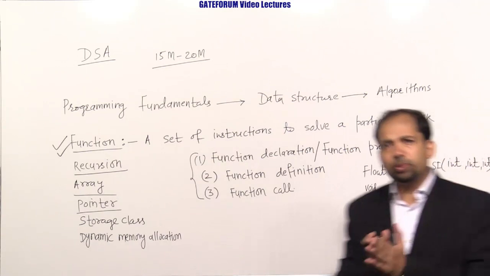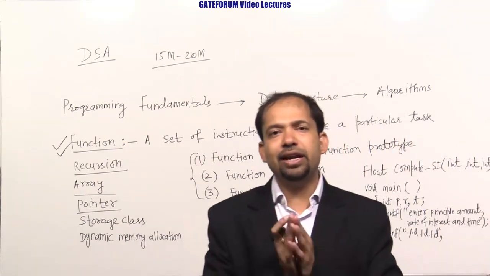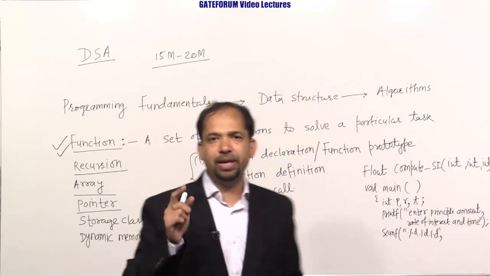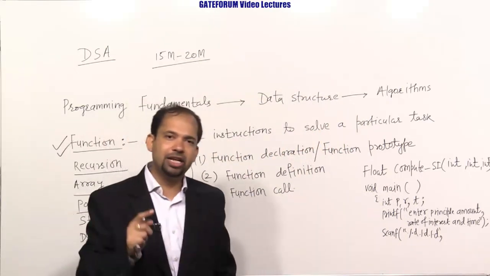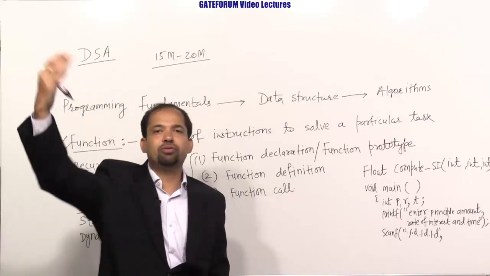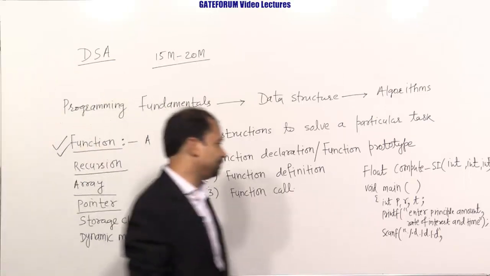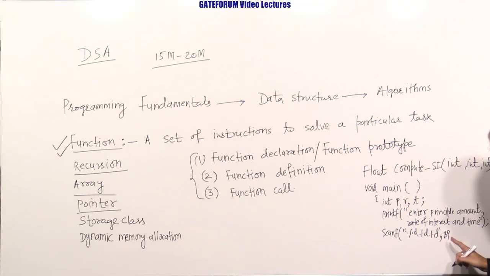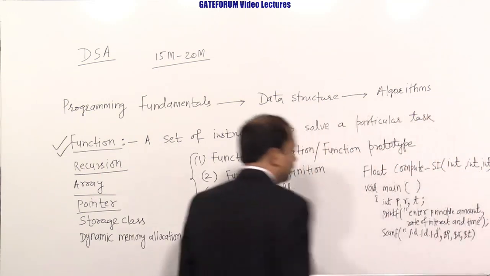In most programming languages, when we declare a variable, it has an associated address. So if I say p, r, t, these are variables, and automatically they will be stored somewhere in the memory of the system. So here, %d for p means whatever you feed from the keyboard will be stored at the address of p. So the p value will be stored at its address. Similarly the r value, and similarly the t value. So here we have inserted.